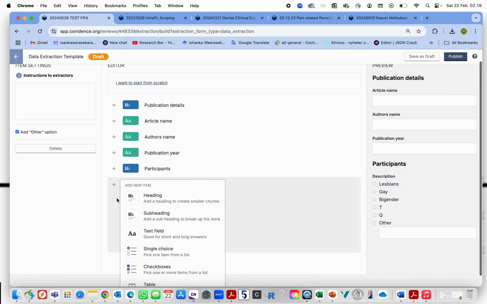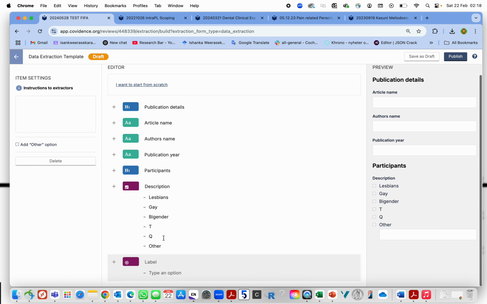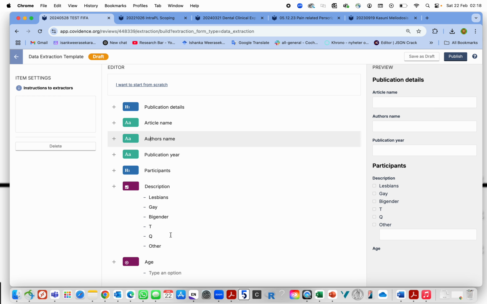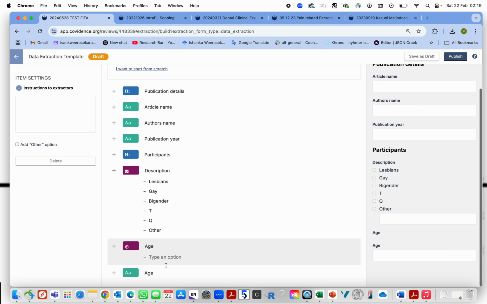And so let's say I want to pick single choice one. So I'm just going to take as an age category. You can either have this one as a text field like age here. Let me see, I'll show you that one as well. So either you can use age like that, or you can type it here, or otherwise I can type it as an option. Let's say